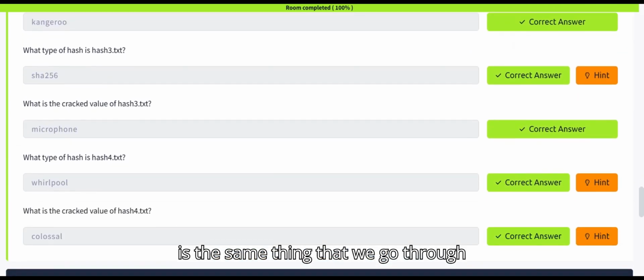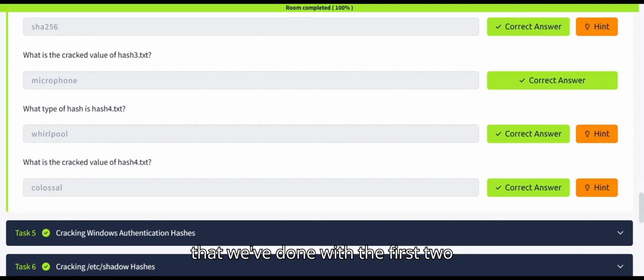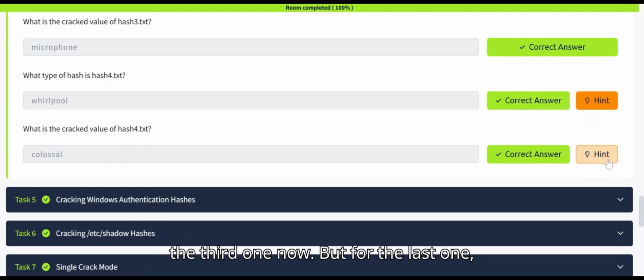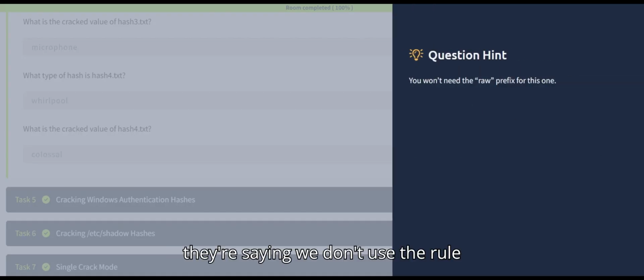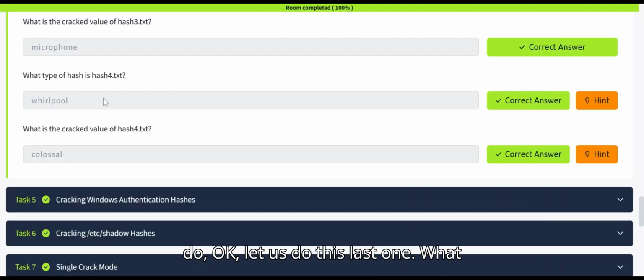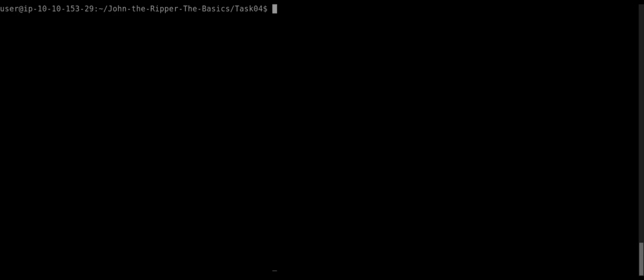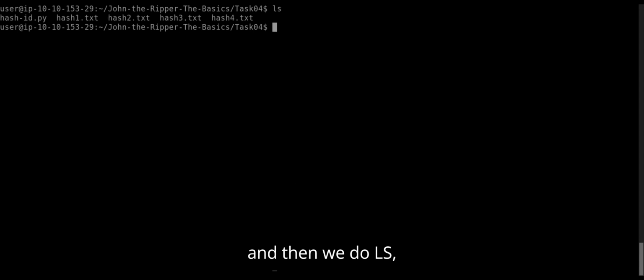It is the same thing that we've done with the first two examples, is what you do for the third one now. But for the last one, they're saying we don't use the raw prefix for this one. So okay, let us do this last one. What type of hash is hash4.txt? So what we will do is clear, and then we do ls, then we do hash4.txt. So to find out, cat